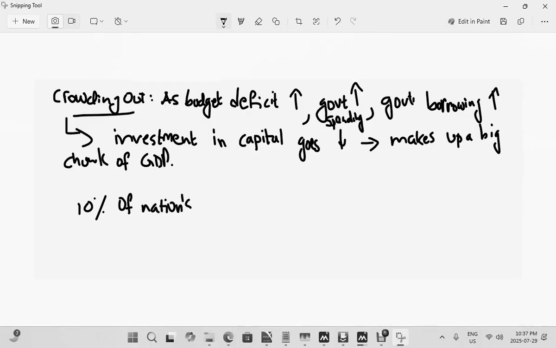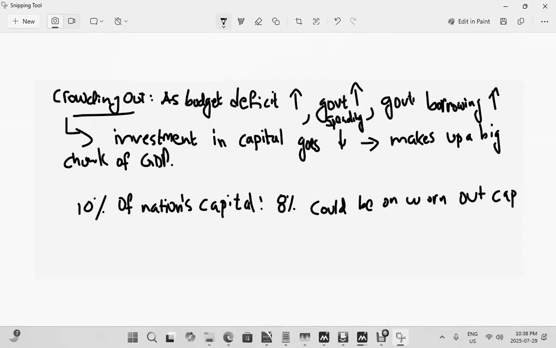in physical capital, such as equipment, machinery, and so forth, it's possible that 8% of that physical capital would be on worn out machines that are depreciating, machines that need repair or maintenance. So 8% could be on worn out equipment. And when you spend money on worn out capital, you don't have GDP growth. So the GDP does not grow